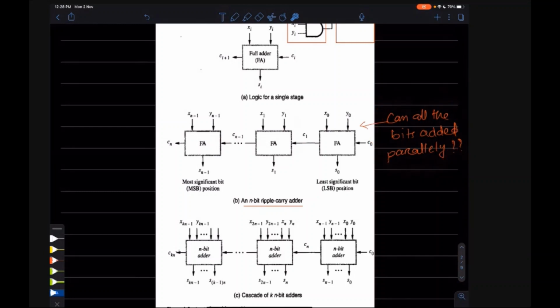Anybody can tell? Can we add all the bits at the same time? Can you get the sum at the same time in this type of arrangement? Anyone?